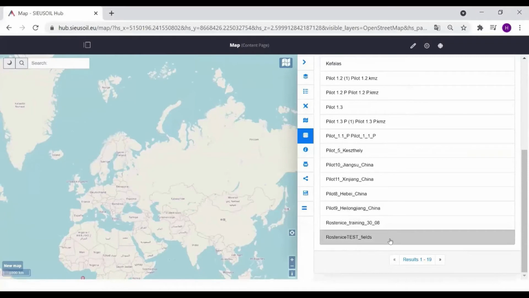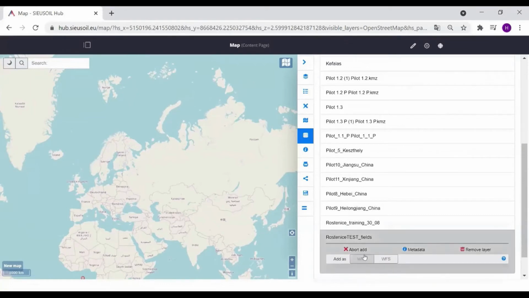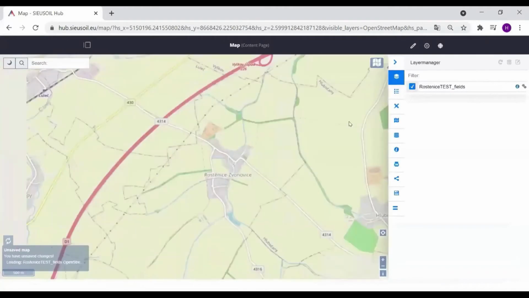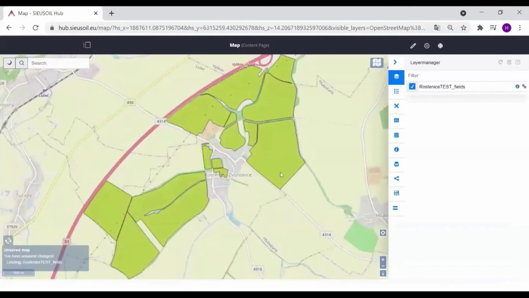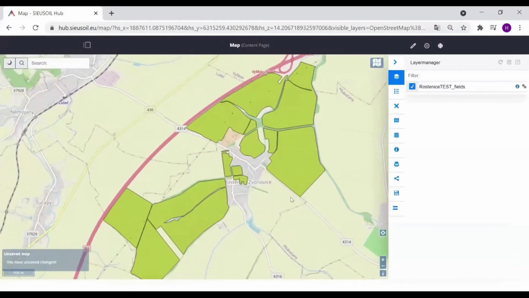What we can do is display the layer in the map. So I will click the Add to Map button, then select, for example, WMS, and the layer was uploaded and also displayed successfully.